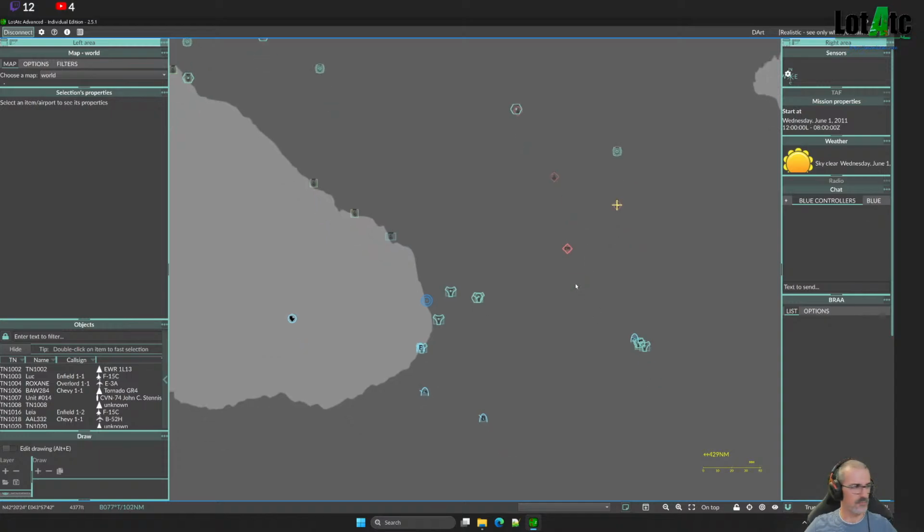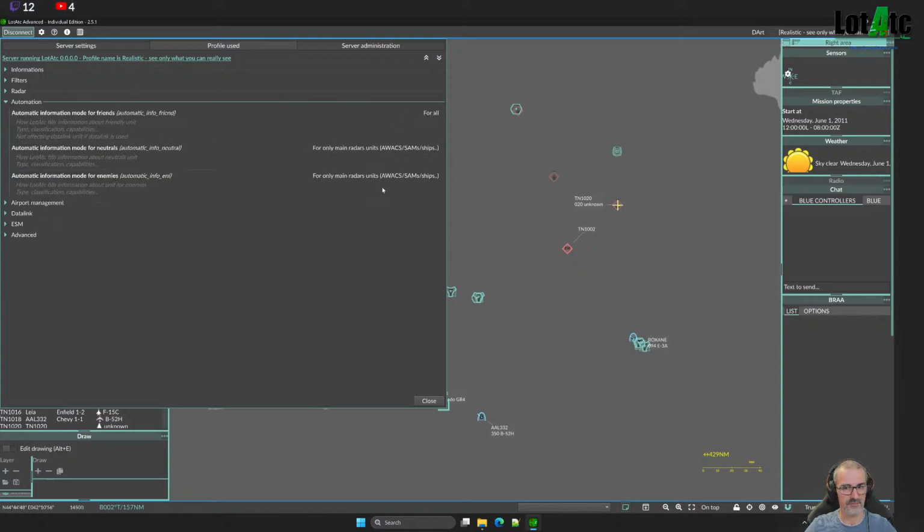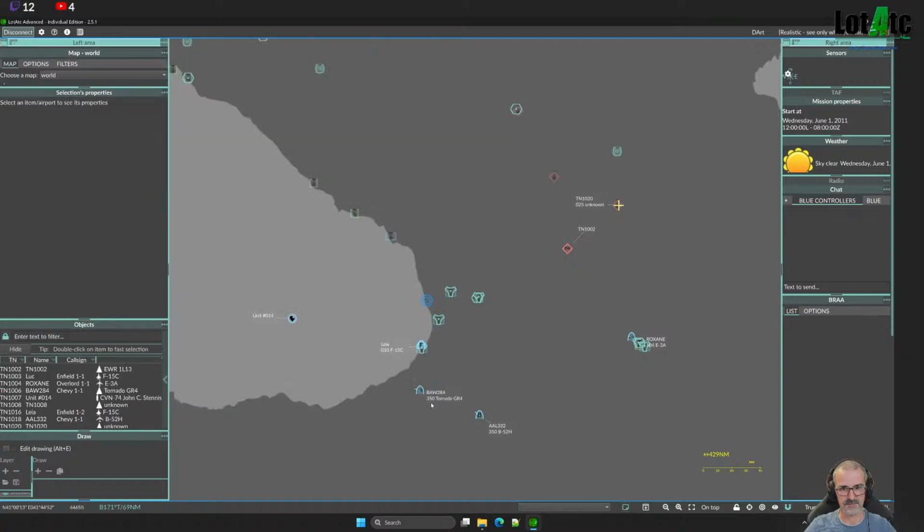If you want to know which settings you are currently using, you can click here on show server settings, go into profile, automation, and you have all the current settings of the server. That is the real settings that are transmitted to the client at the connection. So you can see that for friends, it's all, and for the enemy, it's main radar unit. So you can begin the classification work by only classifying